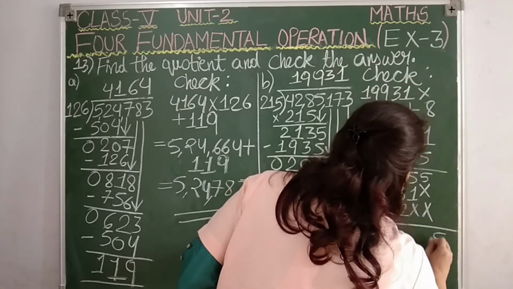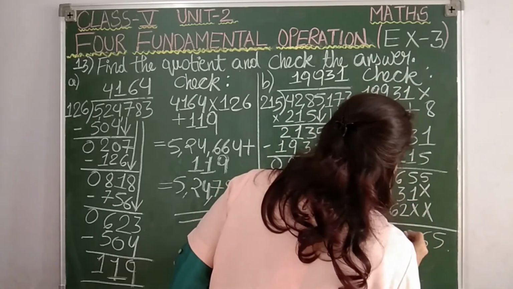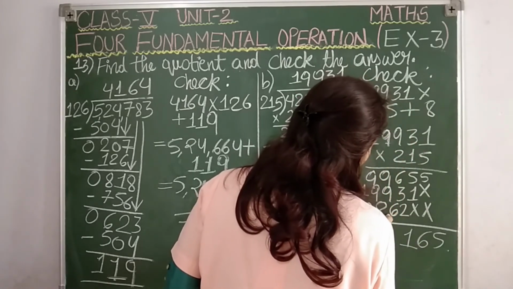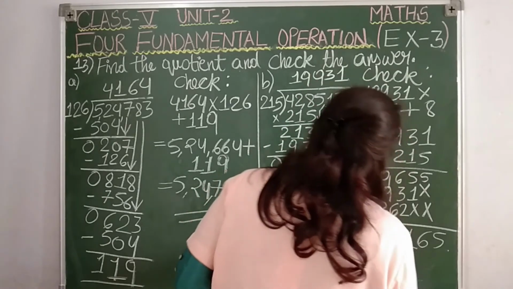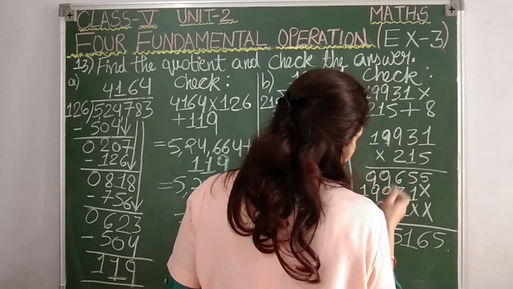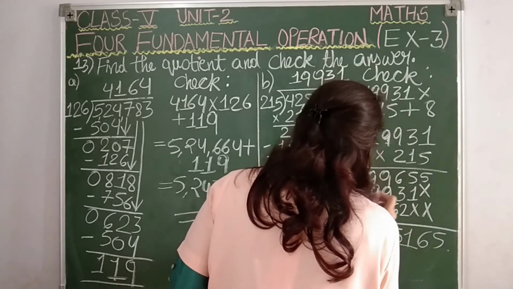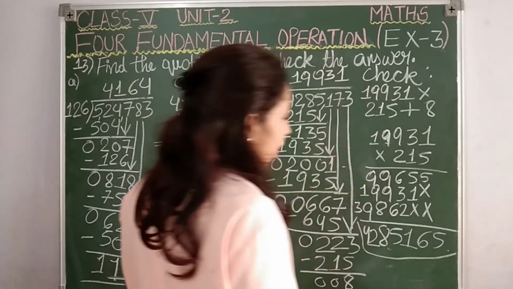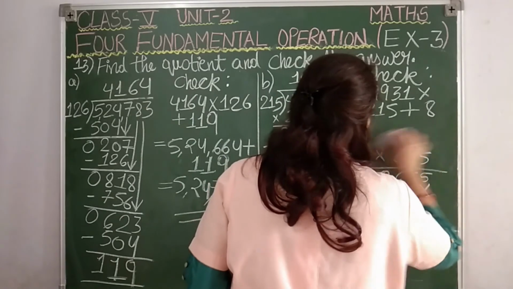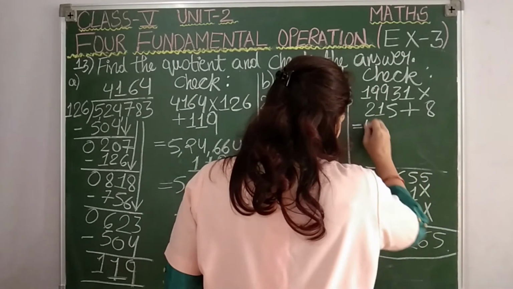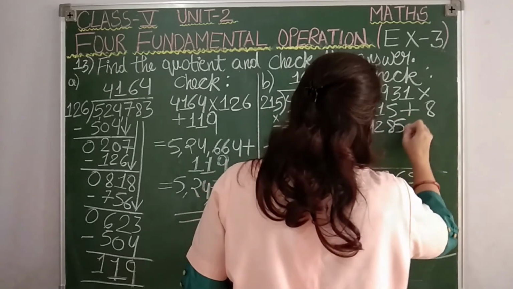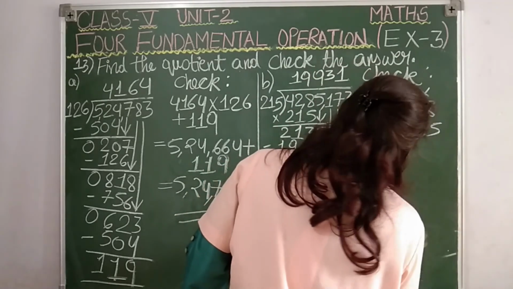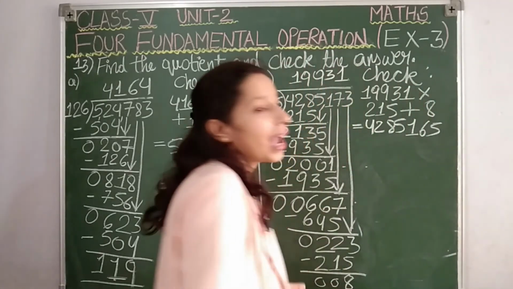Let us add 5, 6, 7, 8, 9, 10, 11, 9 and 18, 19, 20, 21, 22, 23, 24, 25, 9 and 18, plus 2, 20, 28, 9, 10, 11, 12. Okay, this much I am getting students. 428515. I am rubbing this, and here I will be writing the product. 428515. You can see students here the calculation is very long, but we have to do it na.